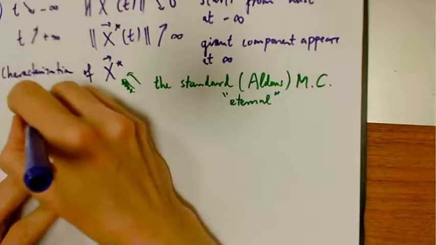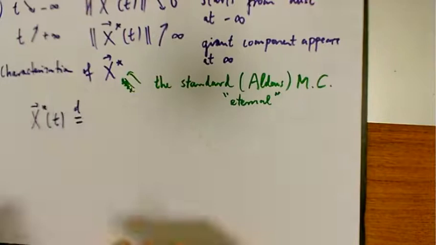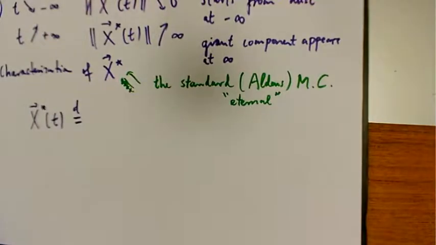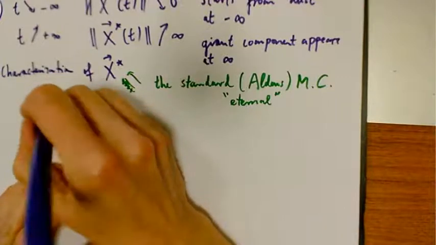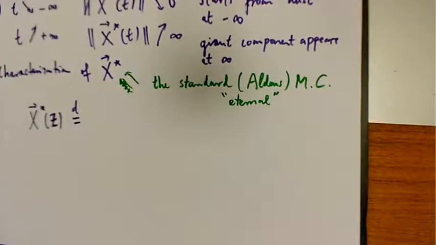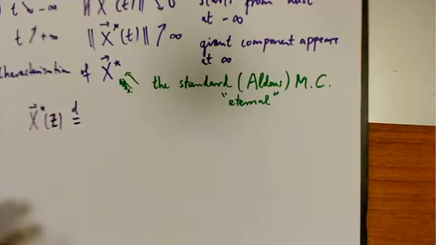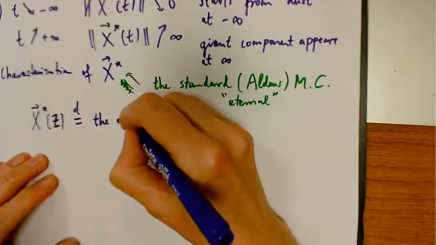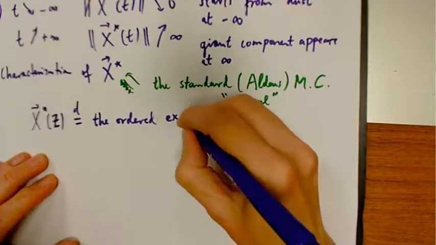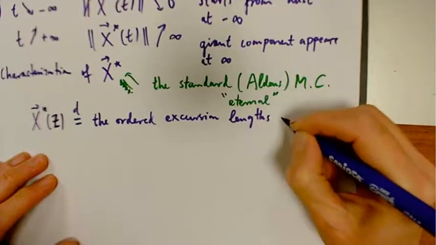the law of X star at time t. That's interesting, and I could tell you at another time why this is so. I was hoping to tell you, but there's so much to tell. So this distribution of X star, or let's call it Z, any Z or t, so you have your time. How is this Markov process and entrance law characterized? This is distributed as the ordered excursion sizes, excursion lengths of